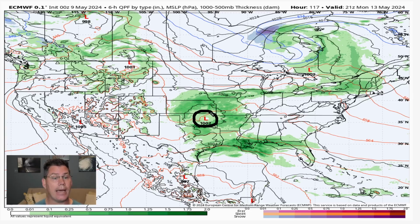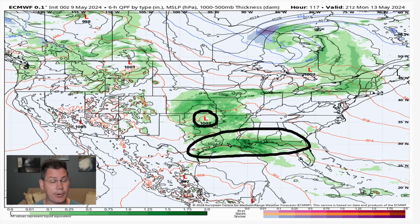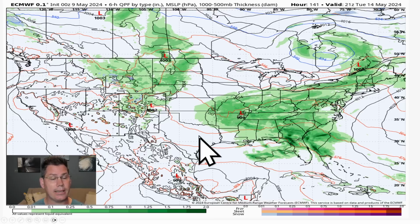And then again, you have the boundary where that cool front will likely just sit there. That's going to cause that overrunning setup around this region for the deep south, back into Mobile, the Florida Panhandle. So it continues to look wet, even going into your Monday timeframe of early next week. And that same system will continue to traverse across the southeast, now highlighted back over these regions, unfortunately, of Tennessee, back into Kentucky. This is not going to be severe weather, but it will lay down a pretty good